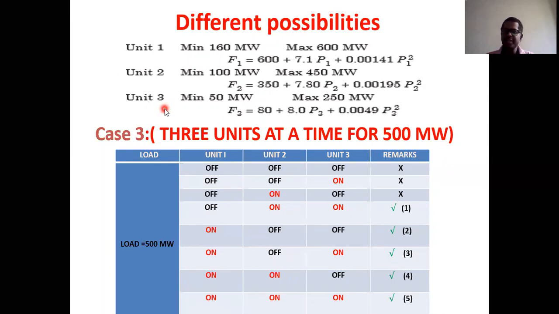When you have 3 units, first we must give importance to unit 1, because it has very low incremental fuel cost. Once unit 1 is done, we must give importance to unit 2, and only then to unit 3. Now we will check the possible combinations. First one is, very good, the second possibility: unit 1 is on, whereas the remaining 2 units are off. Because unit 1 alone can meet the load, and at the same time unit 1 has very low incremental fuel cost. So that's why I will first give importance to this combination.